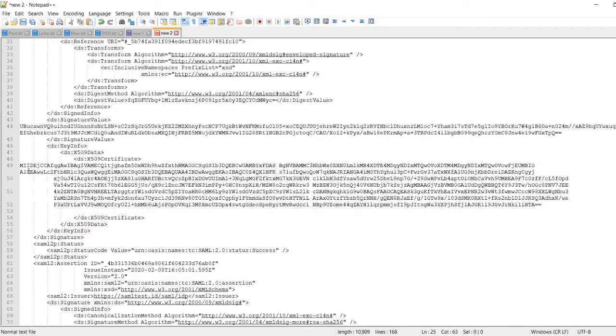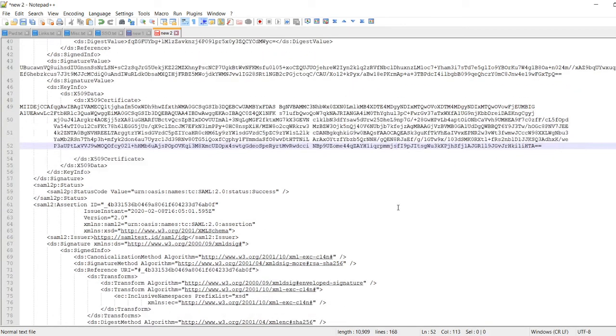Now, look at the certificate. This is my signing certificate. In many cases, the certificate has expired. It's not the correct certificate. It's not the right certificate. So you can match the certificate, and let me show you how to export the certificate from here and how to see the certificate information. So I am going to copy this,